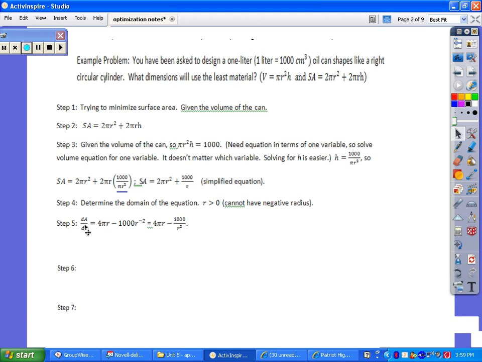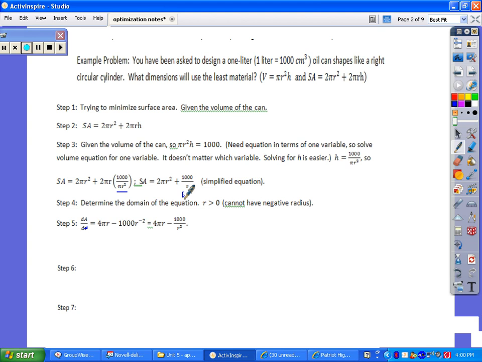So here we have the derivative of the area with respect to time, or it should be with respect to r. So this should be an r and not a t. If we take the derivative, remember pi is a constant. So the derivative of 2 pi r squared is 4 pi r. And the derivative of 1,000 divided by r, remember,